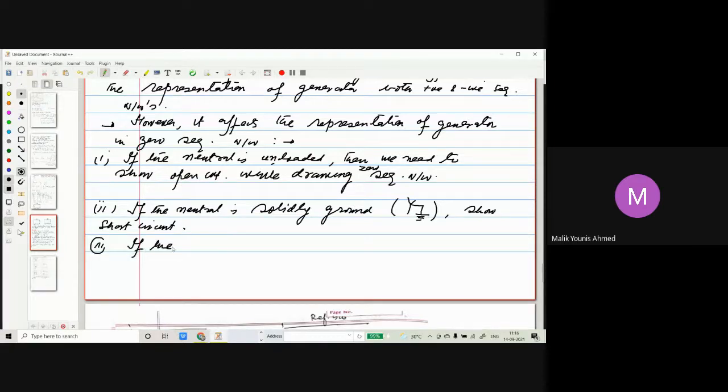If the neutral is reactance grounded. So now we have a neutral that is reactance grounded. Now, if the neutral is reactance grounded, then what we must do, as we have derived it already,